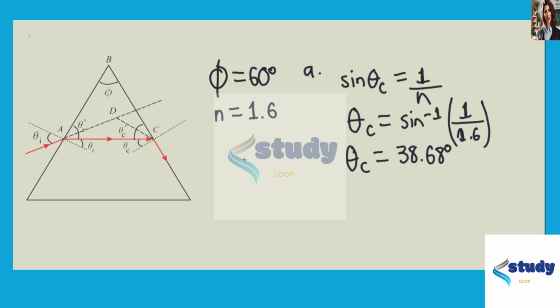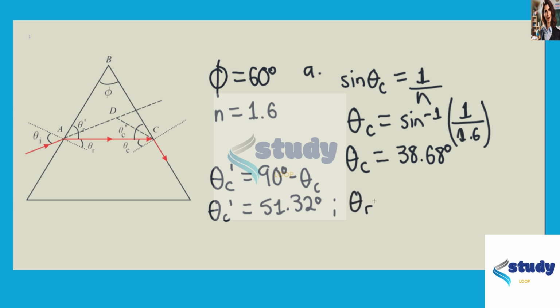At this point, we know that theta sub C prime would simply be equal to 90 degrees minus theta sub C. This is going to be equal to 51.32 degrees. Similarly, theta sub R prime would be equal to 90 degrees